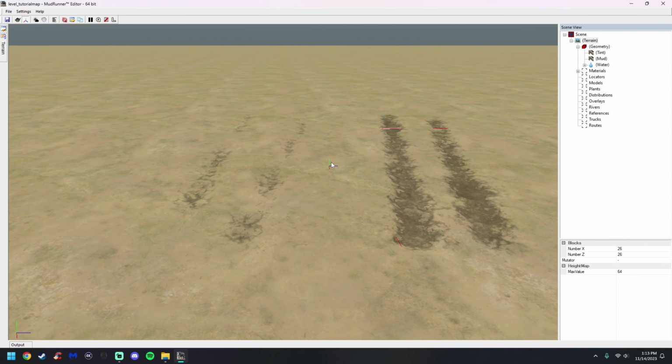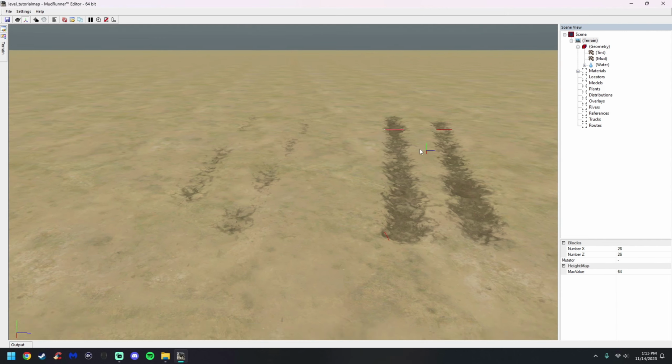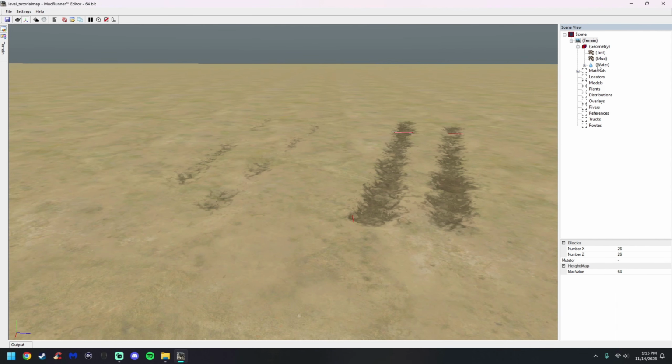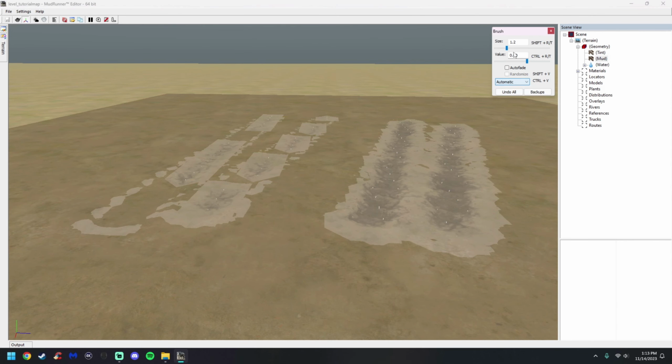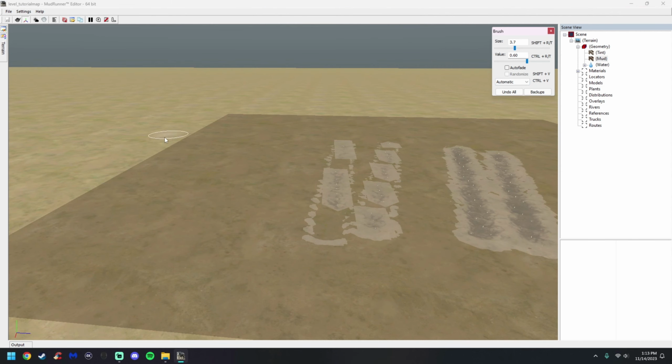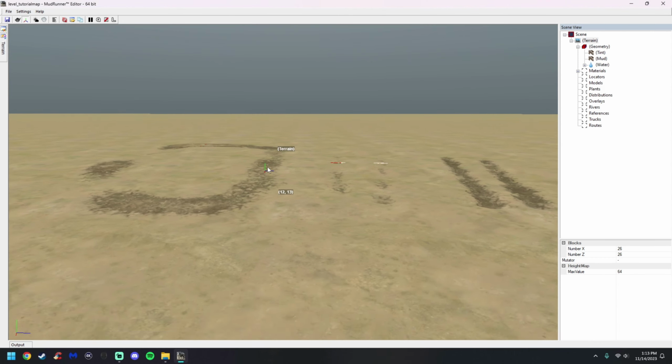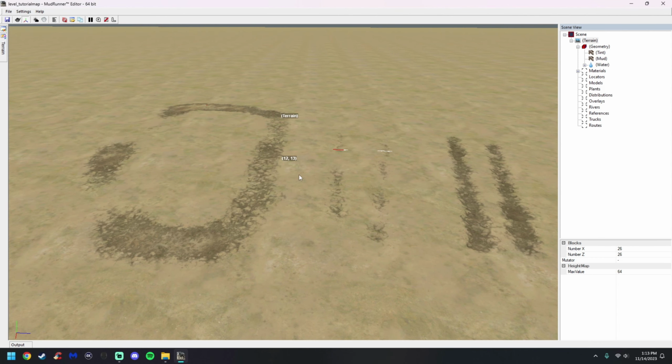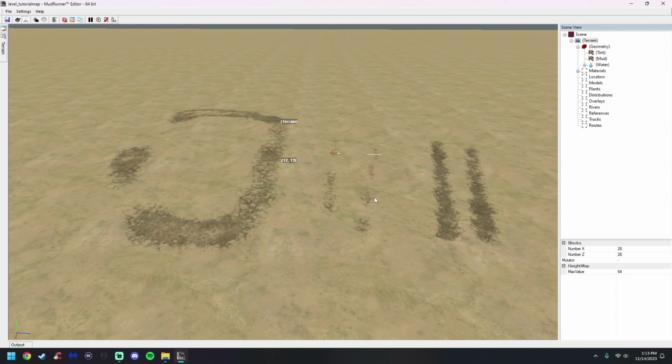Like that, and that's kind of what mud does. The automatic tool kind of mimics tire tracks, but you can also widen this up, and if you have water, you can go around the edges of water and stuff like that to give it that appeal. It looks kind of good,